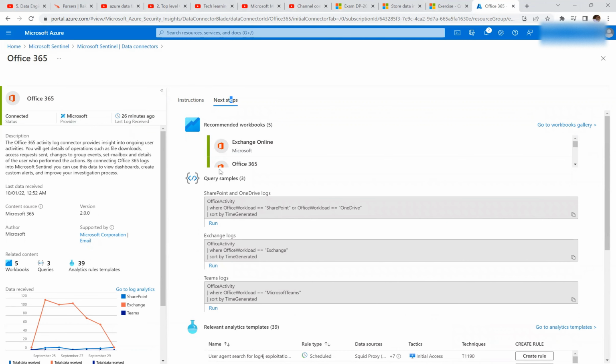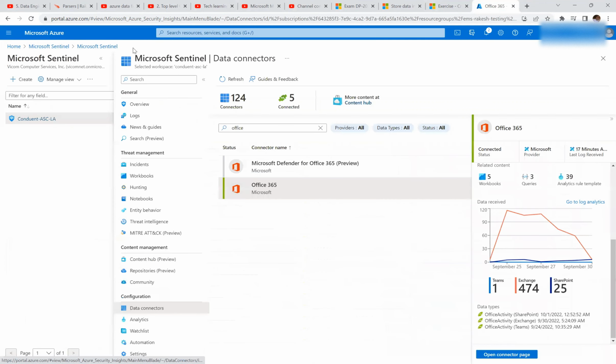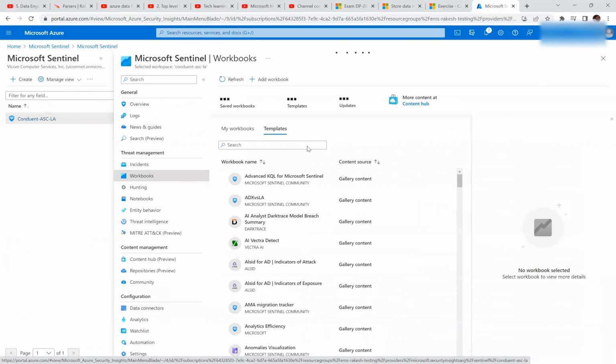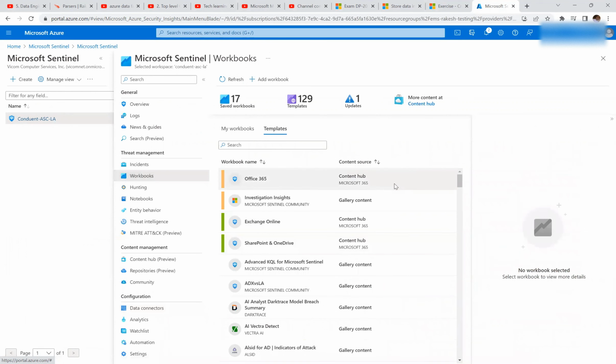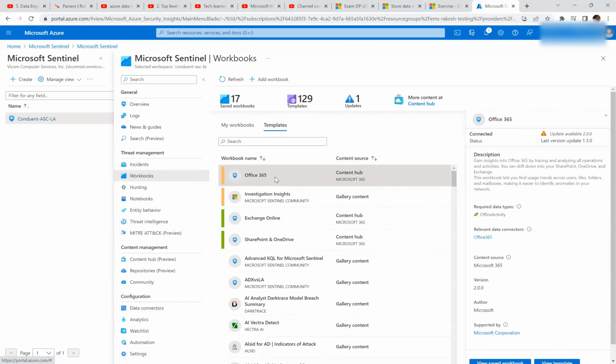Okay, so let's go back, and now let's go to workbooks. If I go to workbooks, we have many workbooks available, and what these workbooks do is they have some logic defined. And for Office 365, if I just select this workbook,